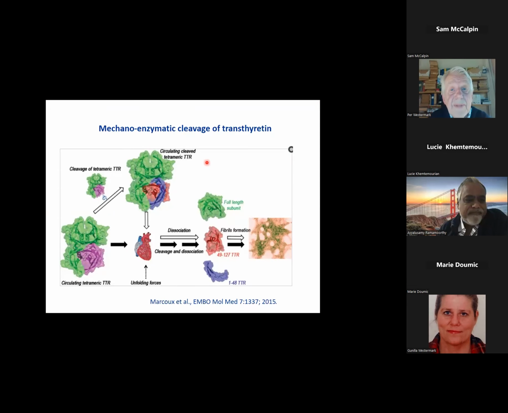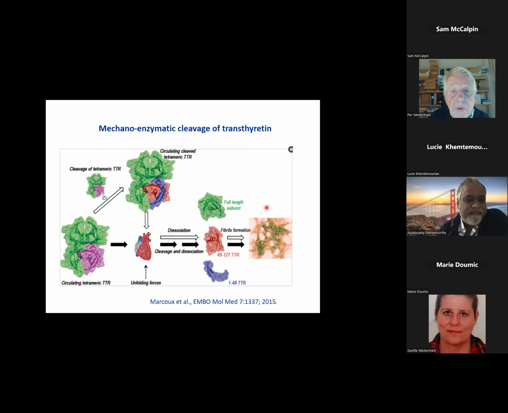And there have been several suggestions here, but only a few have been directed to the different types, type A or type B. And for type A, that with fragments, there has been good evidence that mechanoenzymatic cleavage of transthyretin may be important, meaning that shear forces could create misfolding of and cleavage in the monomers in the tetrameric protein that creates dissociation and then formation of amyloid